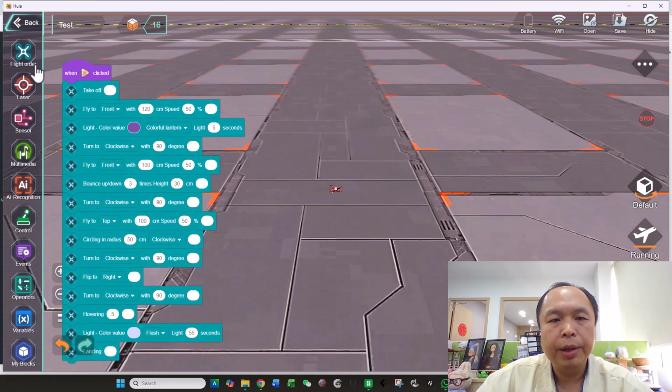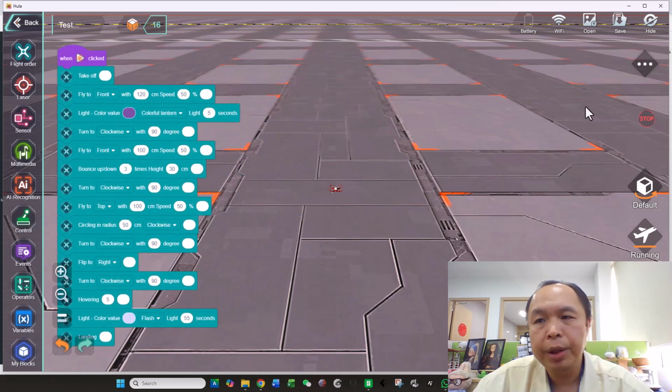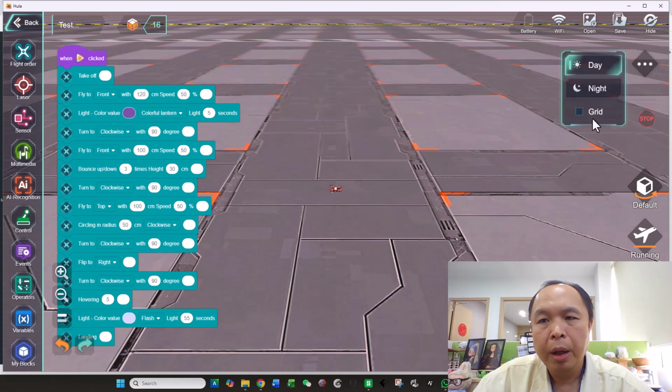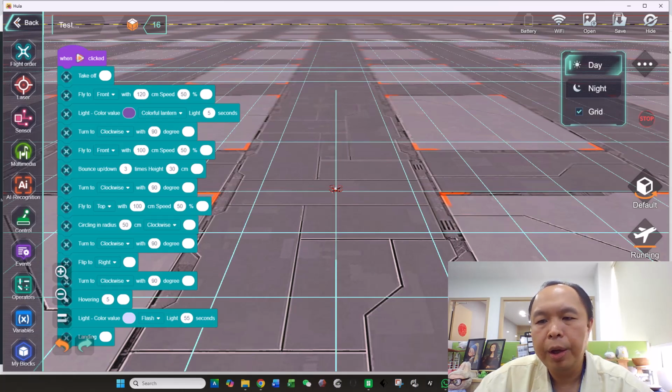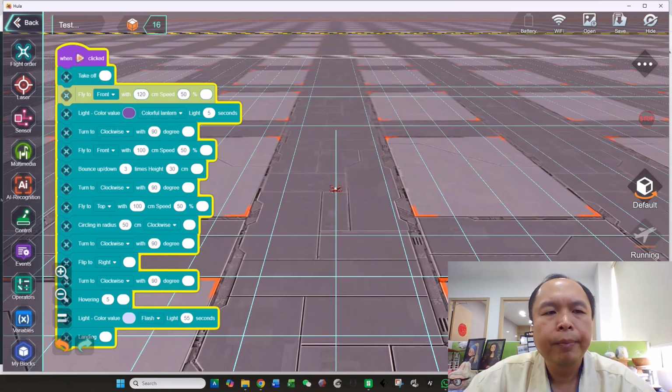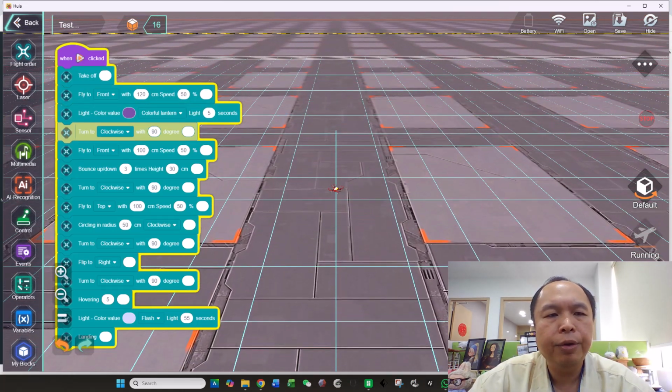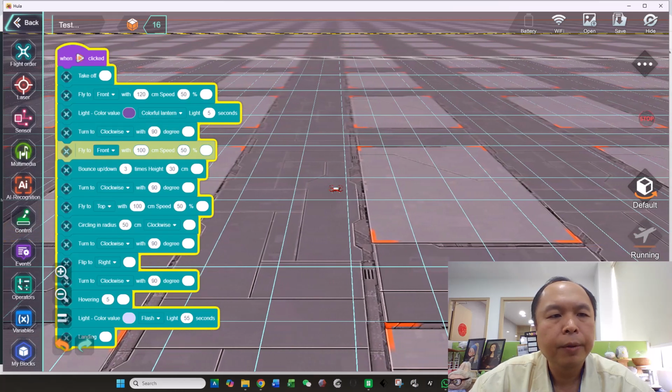So what we do next is we have a simulation here. We can show the grid. After that, this is running. What we want is the simulation. We just click play. Now you can see the drone will fly to the front and fly to